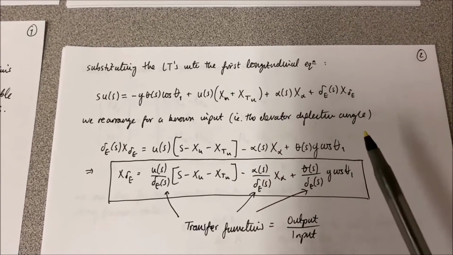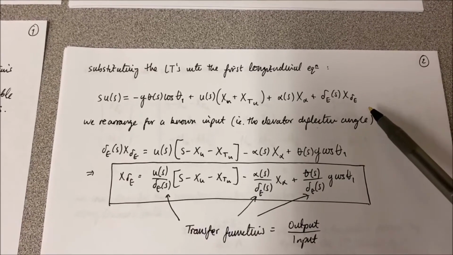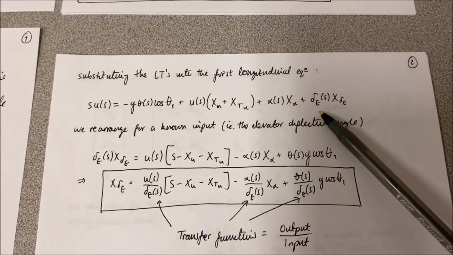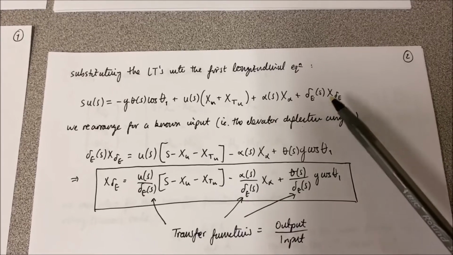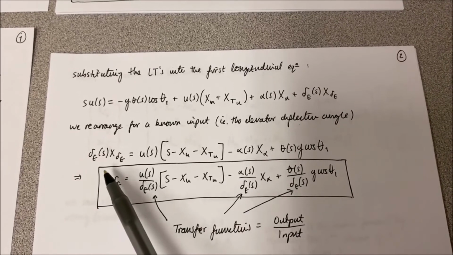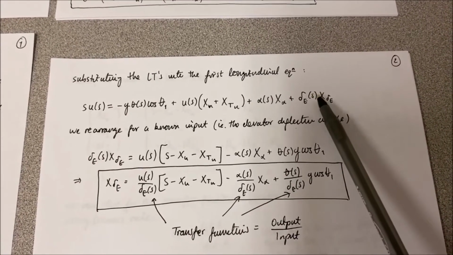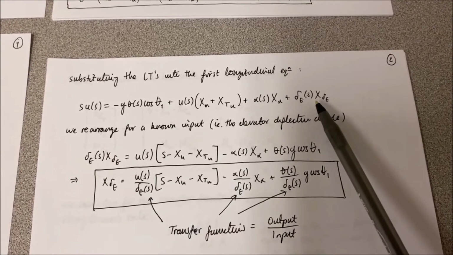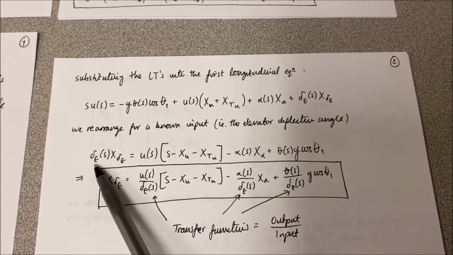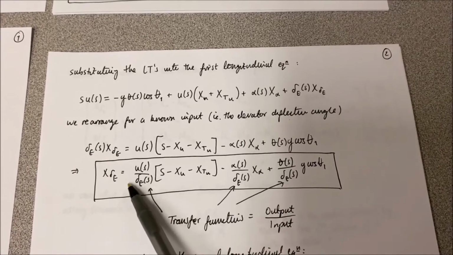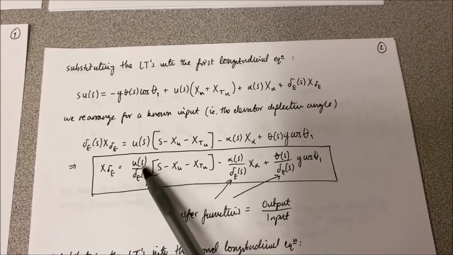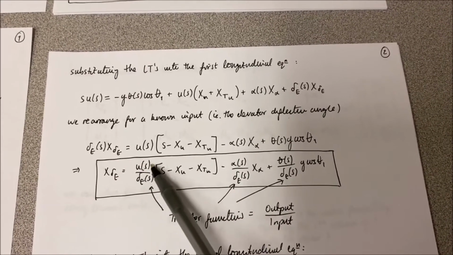So what we'd like to do is consider one of these variables as a known. The easiest one to think about there is the deflection angle of the elevator. So we're going to assume that one is known, and rearrange for it, which is what I've done here. I've just rearranged this expression here, and then divided through by this function of a complex variable. So x delta e is equal to these things which we call transfer functions,